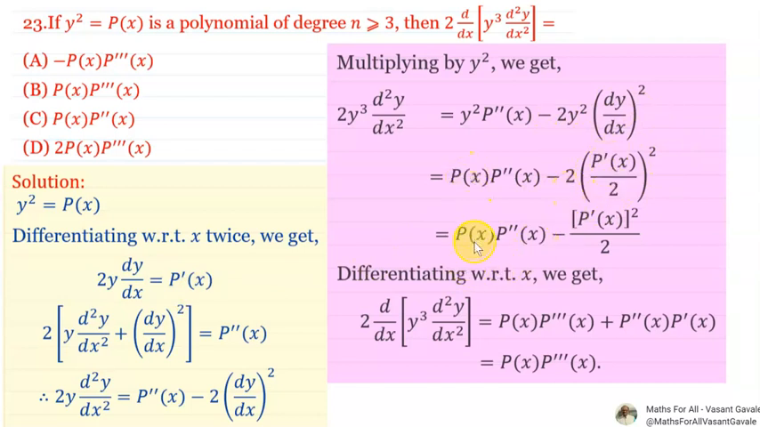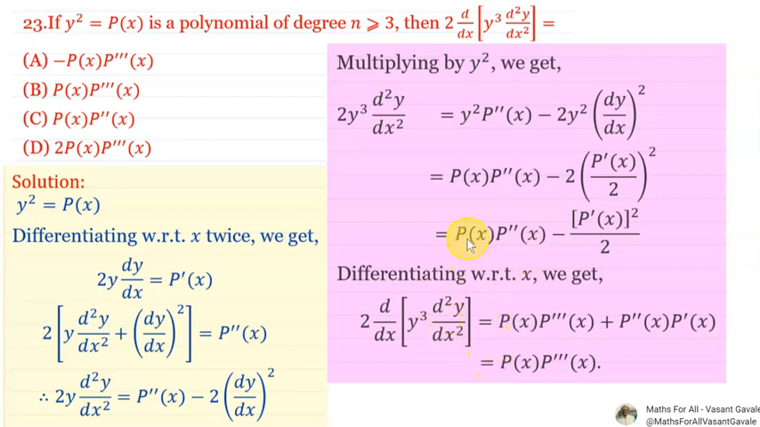Next step, p of x as it is, p double dash of x minus. Okay, now here there is a bracket square, so we will get 4 in the denominator. We separate it: p dash of x bracket square upon 2 upon 4. Then you will get here 2. Now again differentiate this with respect to x. Okay, again we differentiate this, that is 2 times d/dx of y cube into d2y by dx square is